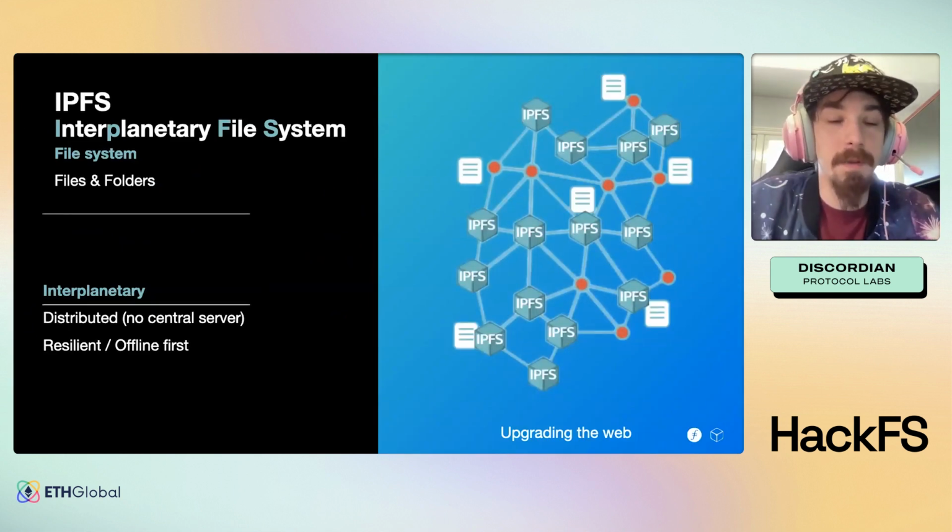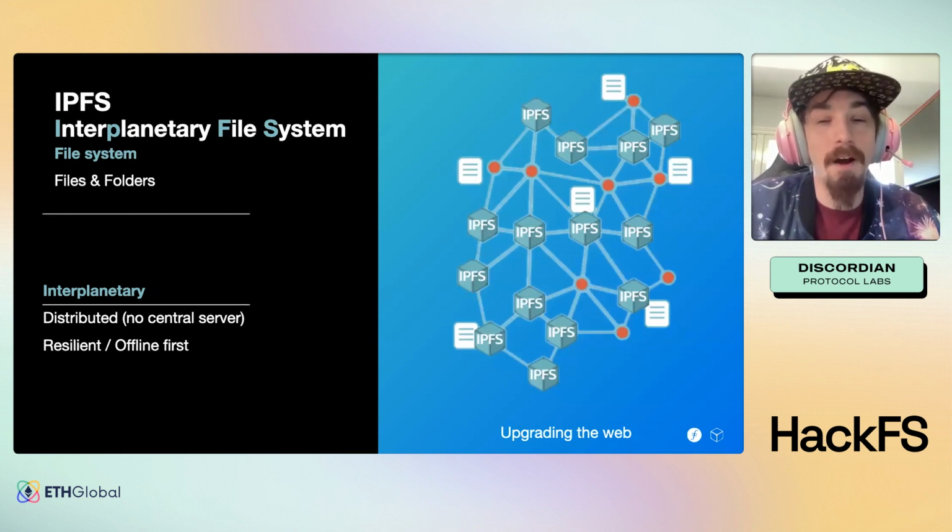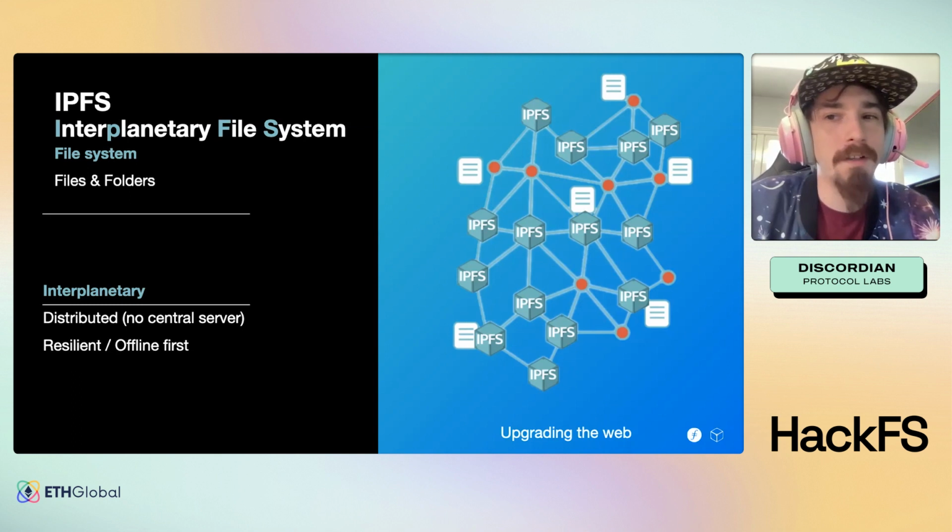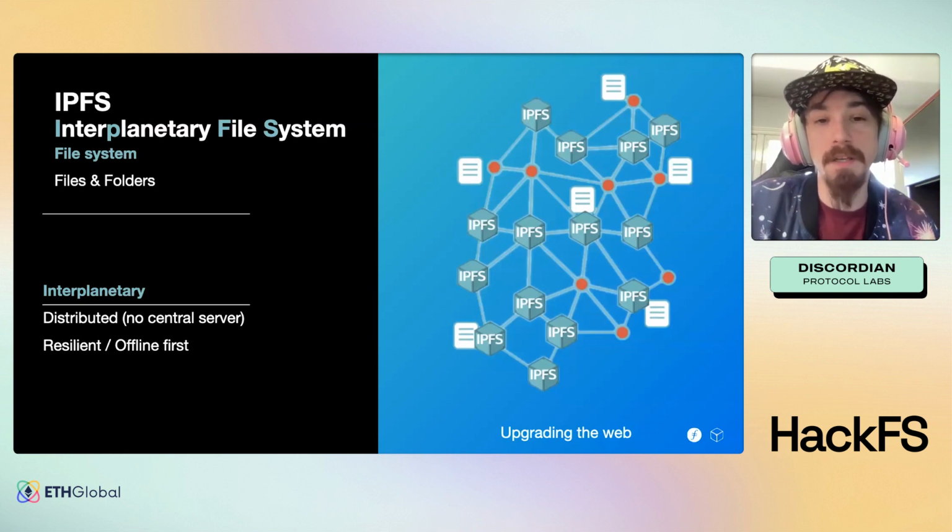So IPFS is the Interplanetary File System. What is a file system? Files and folders. Any file with any content. Why interplanetary? Because it was conceived as a way to upgrade the web in a way that would still work when the network stretches across planets. The idea being that if you're sitting on Mars, it may take 1 hour for a request to go to and come back from Earth. But if that content was already fetched by someone else on Mars, then the request should not travel all the way back to Earth for it. And that feature should be provided transparently by the network protocol rather than by something on top.